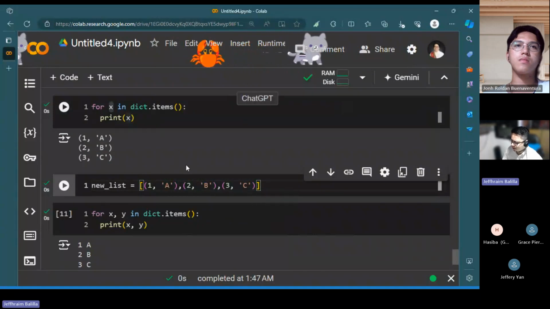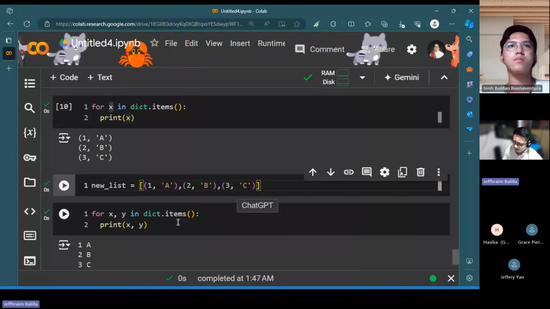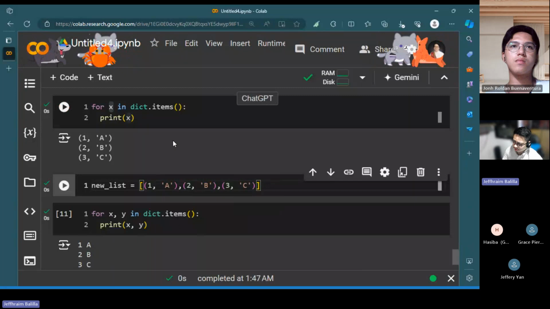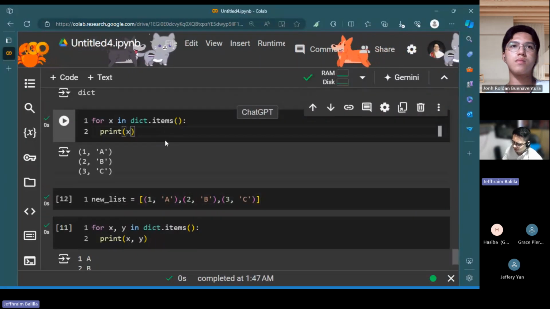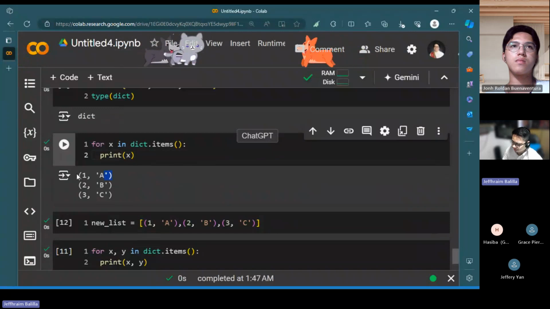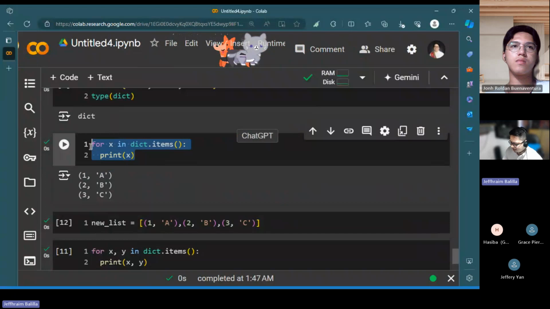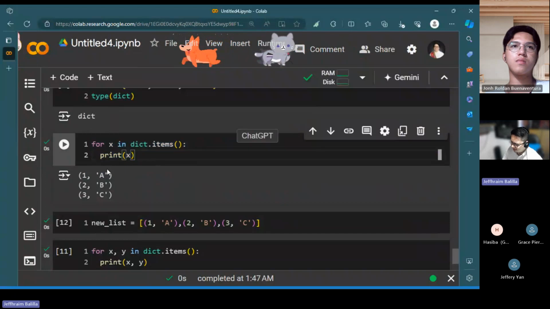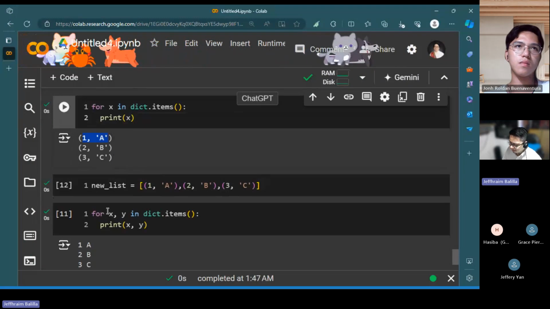And you might be thinking, which is the correct one? It depends on you. It depends on what you want to accomplish. If you want to store your information in a tuple form, well, for me, this is way better. Why? Because there will be a separation between the key value pairs. Yep, Grace.